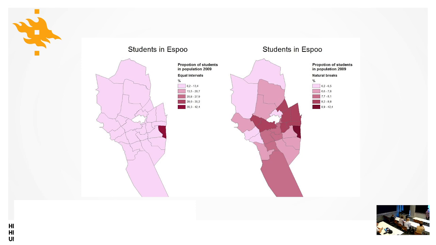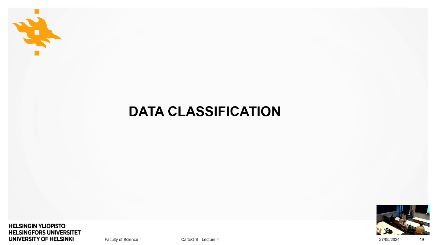But this one doesn't work because basically the map is not showing anything. If you just look at it and you're not good at understanding maps, you might just think that, okay, everywhere in Espoo the proportion is super low, then there's just one tiny area here that has a lot of students. This is not the case. Well, of course, that area has more students, but that's not the true picture. So that's why it's important to think about data classification, and